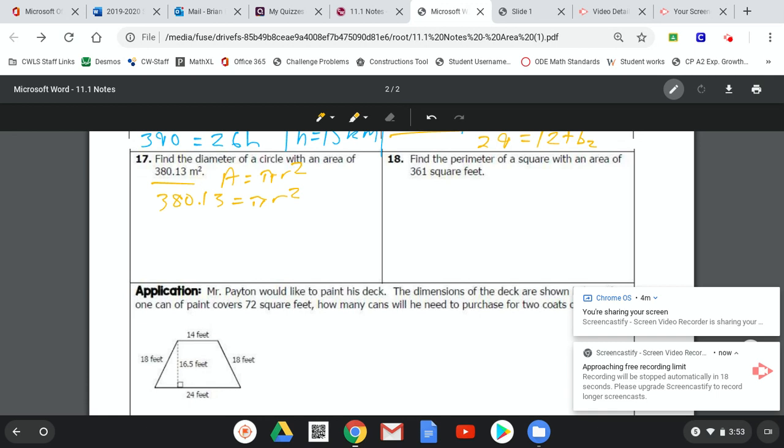All right. Now we notice that it doesn't have a diameter, so once we find our answer, our radius, we're going to have to multiply that by 2 to get our diameter. So for this, and we've done these before, we struggled a little bit, so hopefully we are paying attention right now. Understand we're going to divide by pi first to get r by itself. Once we do 380